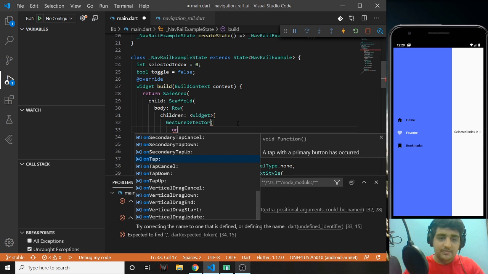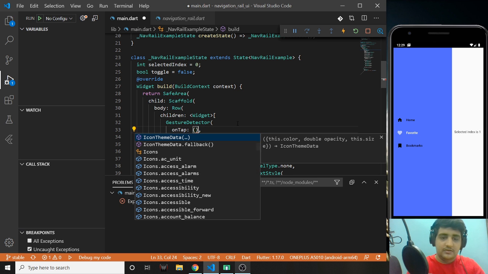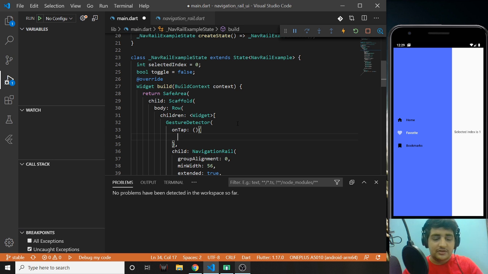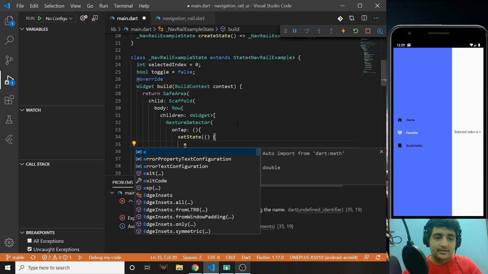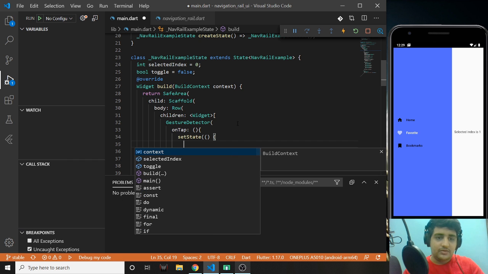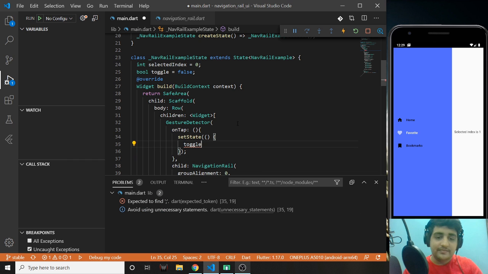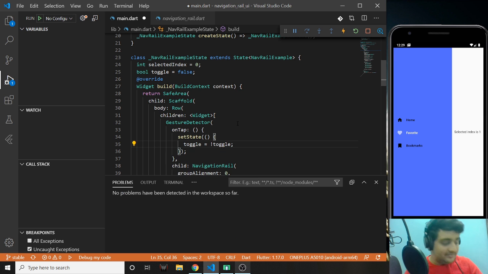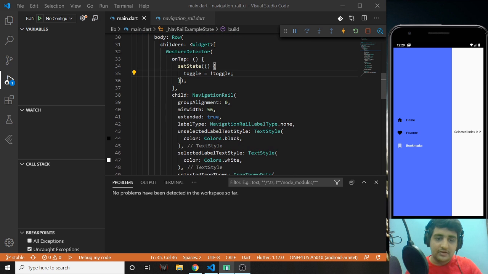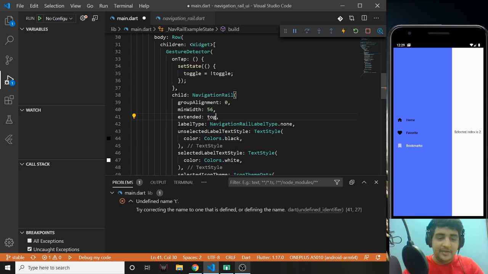So on tap, you can have an anonymous function in the set state. Let the, what do you know, name it, toggle, let it be not toggle. Basically we'll invert it. Okay, we didn't add it here, silly me.